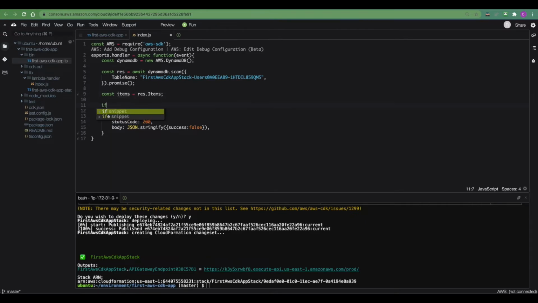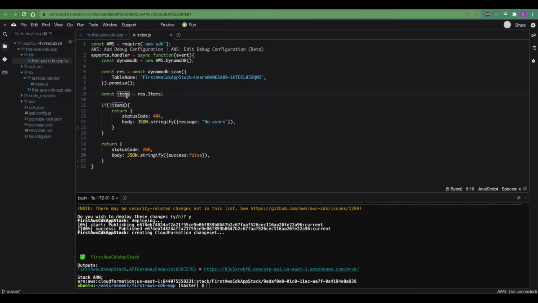Now, if we don't have any items, we can just return an error, like status code 404, body JSON stringify, message no users. Of course, feel free to adapt this to your needs. However, when we do have some items returned from our DynamoDB table, some users, let's modify this successful response that we returned here. Instead of returning a JSON object with just one key, let's return a JSON object with a